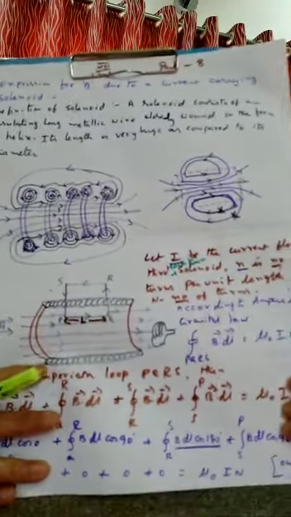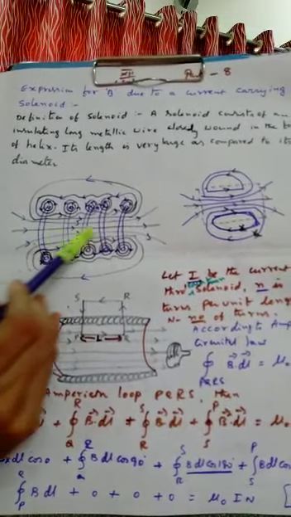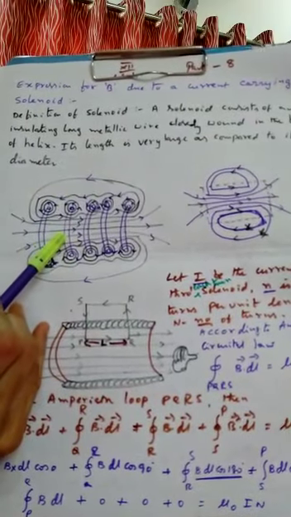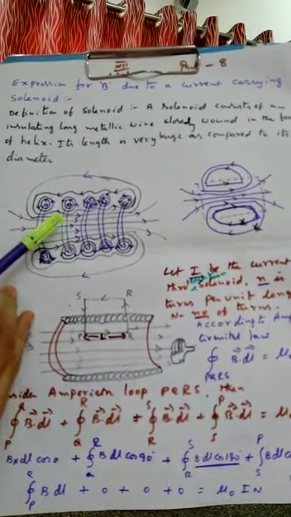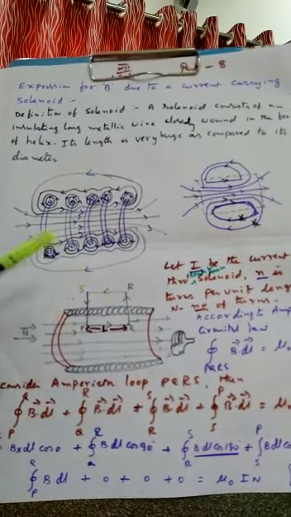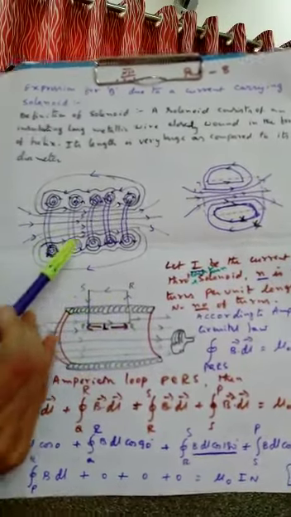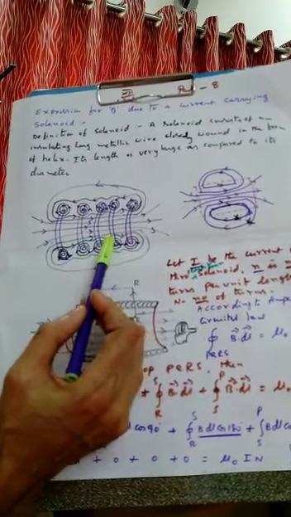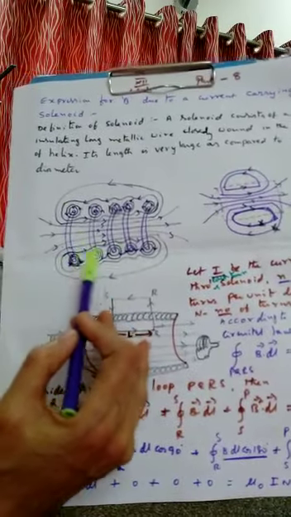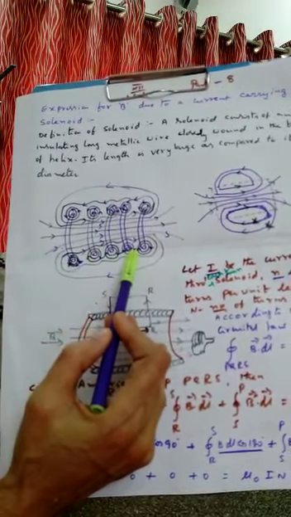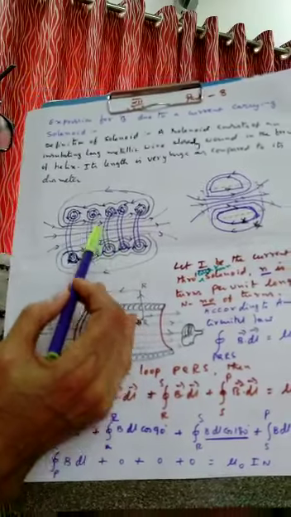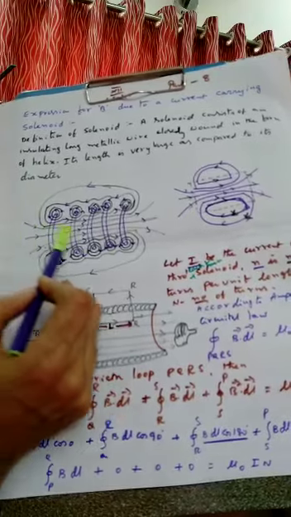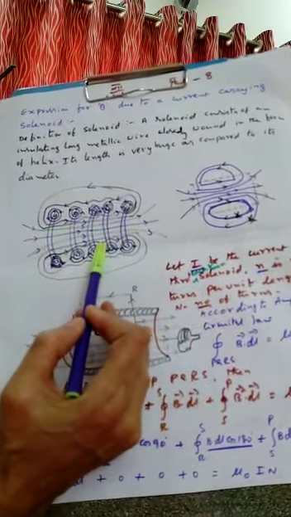So the condition for getting a uniform magnetic field inside and zero outside is that the windings must be closely packed, closely wound. There should be no distance between every two windings. No air should be there between them. I have shown it like this to explain, but actually there should not be any gap between two windings. Closely wound to each other without any gap, so that outside the field is equal and opposite, so they cancel. Only inside will be in the same direction. It is very strong and uniform.